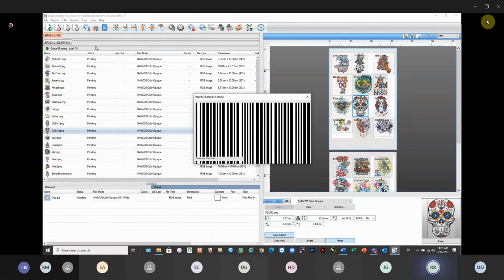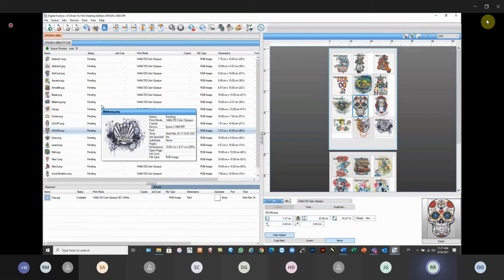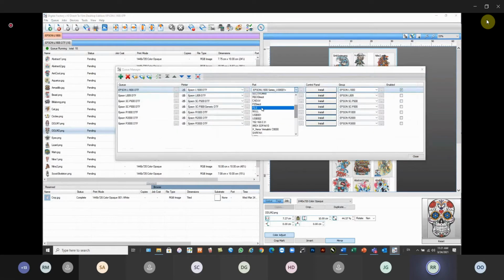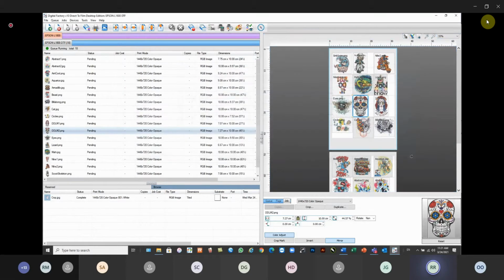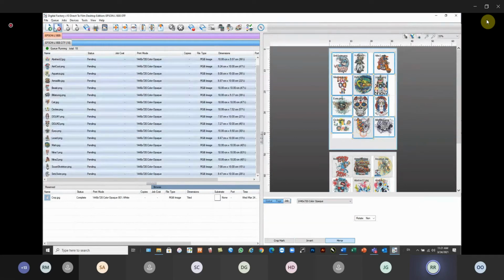Register barcode. So as you can see, what I do is I scan the barcode to register it. And if I have the job in the queue here, and actually I don't want to print this, so let me go back here, change my port. All right, so now if I go in here and scan this, I'm sorry, it's actually not going to do anything right now because I don't have the queue set up to